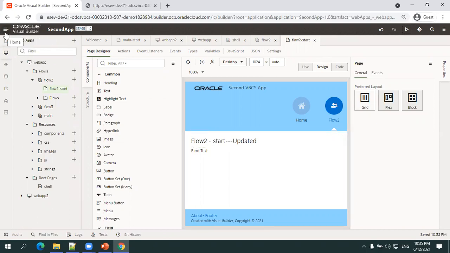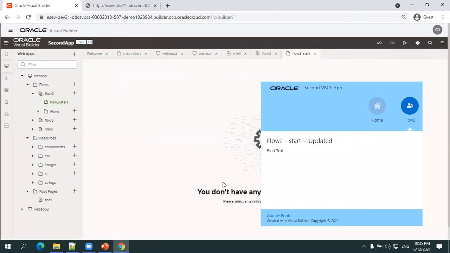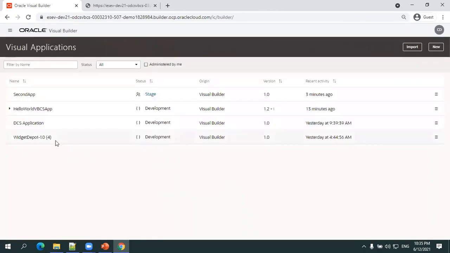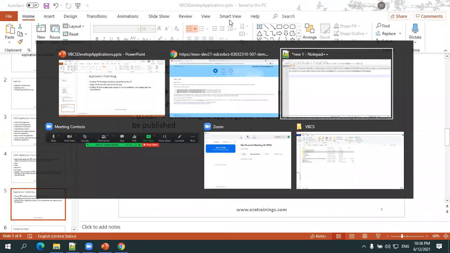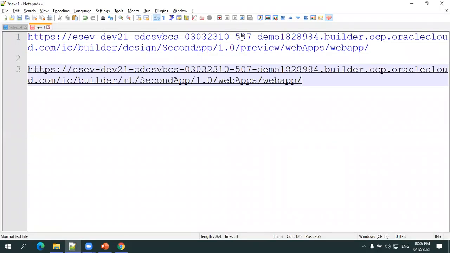But if you still want to modify, what you have to do is go back to all your applications. Now for the second application, just observe carefully. Here on the stage, just click on the stage environment. Can you see? It is asking what is the URL you want to share with your functional team. I want to share my web application, so I'll click on this one. Just copy this and observe the URL which was generated here. The little bit different thing you observe is that here you have RT, the staging environment, and then you have the URL. This URL and that URL are totally different.